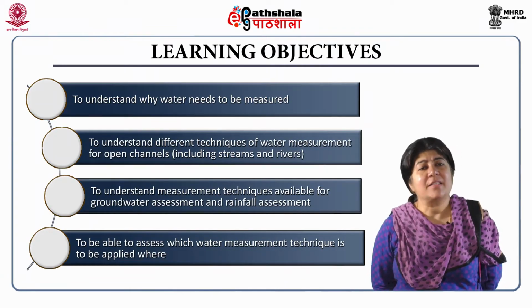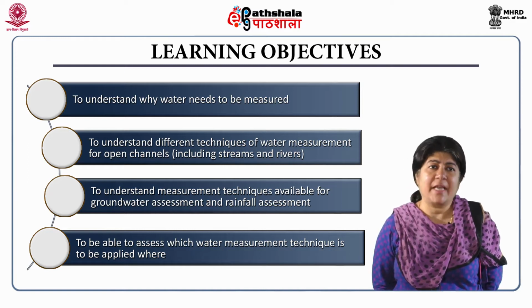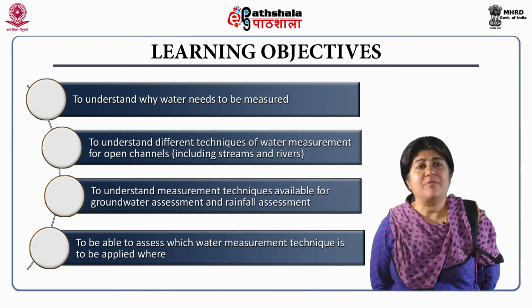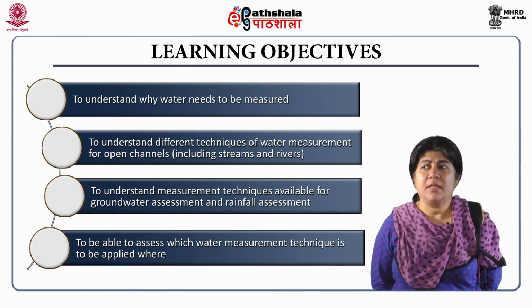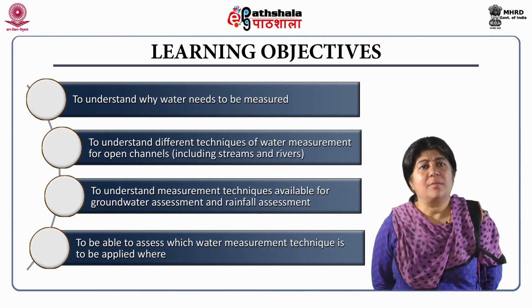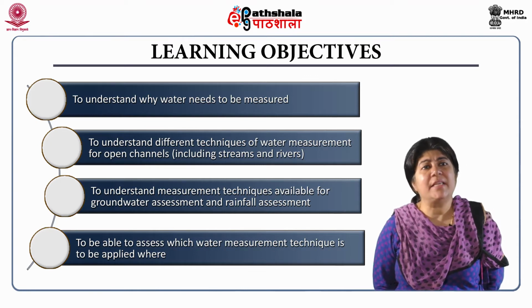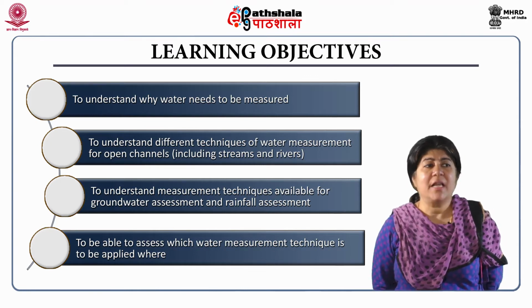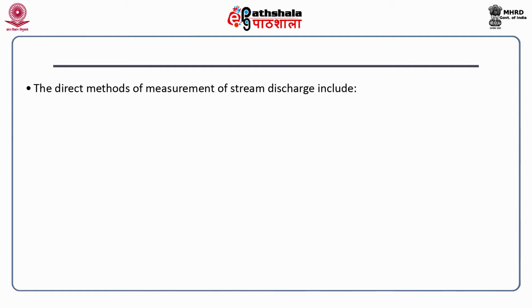Now, as far as water measurement is concerned, this is extremely important once again in the sense that we have to understand the water demand. Water demand is in terms of the irrigation water demand, the industrial water demand, and the water that is needed in the cities. So, when we look at these three water demands, assessment of the quantity of water becomes extremely important. So, there are certain direct water measurement techniques that we will discuss.